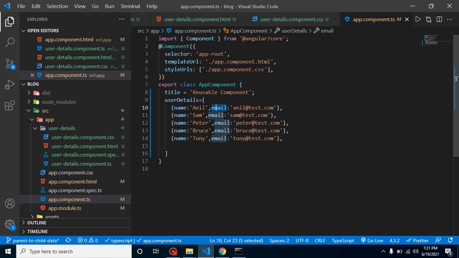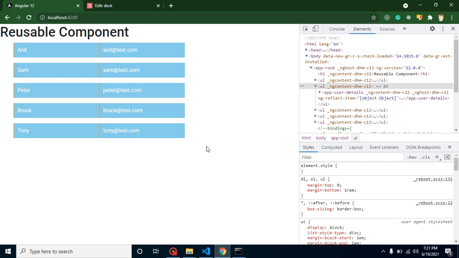For example, you have a page for user information, second a page for client information, or third, information for employees, and everywhere we have to show only two things, name and email address. At that time we can use this component everywhere, and our list will be displayed like this, right? So this is an example of how we can reuse our component.